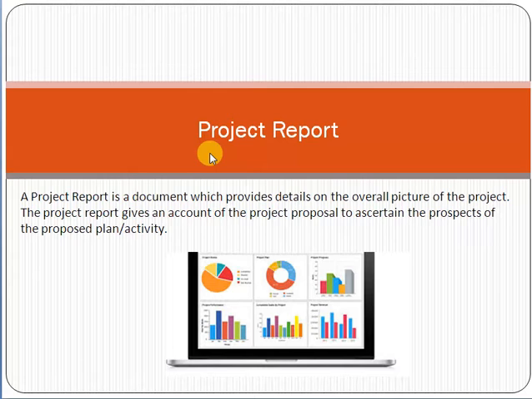For example, if you are implementing an e-commerce solution for a customer and you have to implement that project in 4 months, after the implementation of the project the e-commerce solution will be available for the customer. So we will say that it is a project. Why? Because it has a beginning point, it has an ending point, it is temporary, and it gives you a unique product and output.